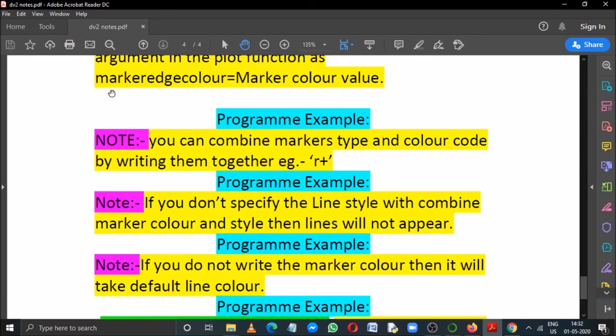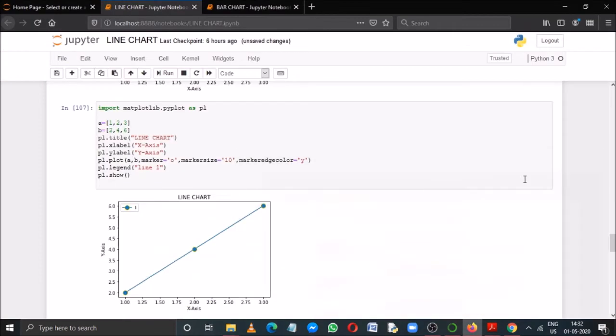See, you can combine the marker type and the color code by writing them together, like within single quotes you can write R plus. See then what will happen. I'll come to the next example.